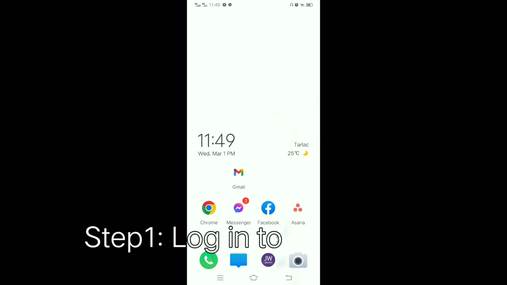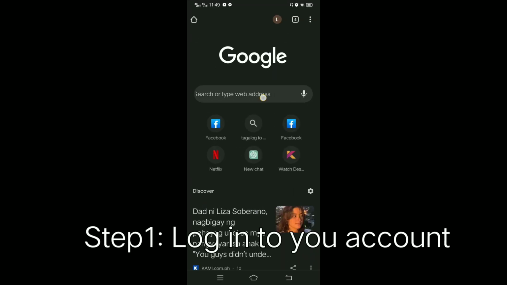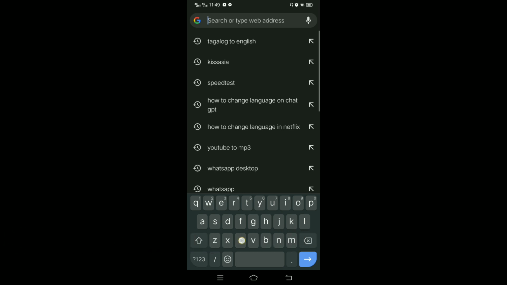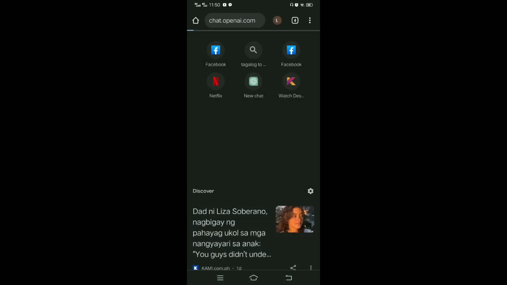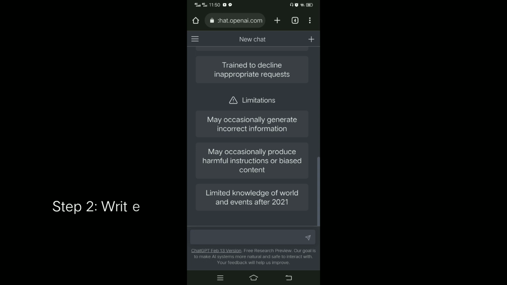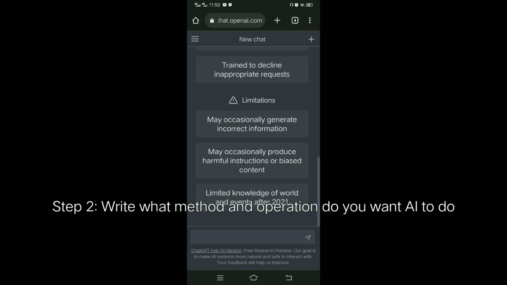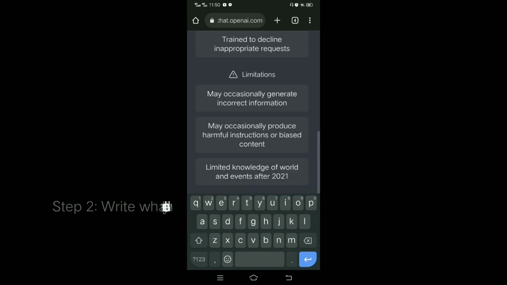So first you need to open your browser and then enter chat.openai.com. Then log into your account, and then after that you can write a code, or you can type